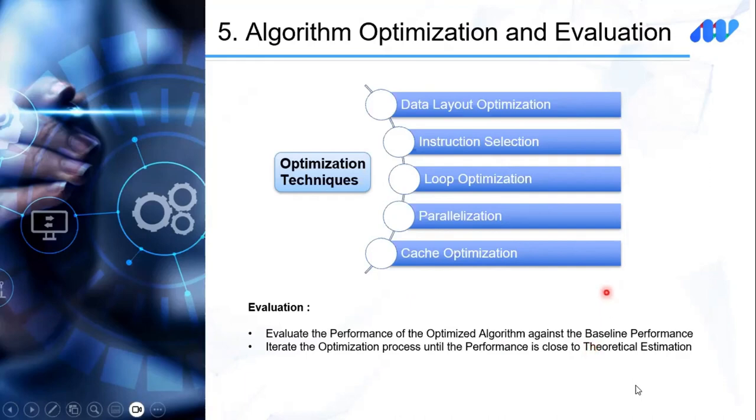So overall, achieving the maximum performance while hand optimizing algorithms for any given target architecture definitely requires a deeper understanding of the algorithm and of the target processor architecture, and a combination of different optimization techniques. By using these techniques, it is possible to significantly improve the performance of any given algorithm on a specific hardware platform.